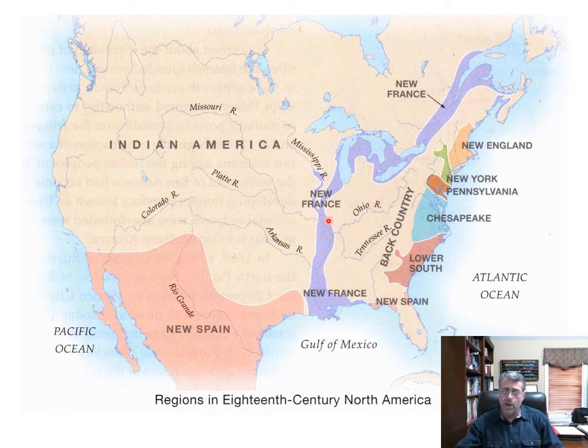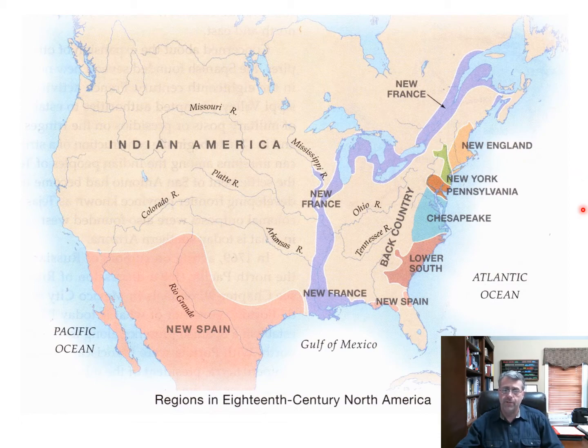France has this well-established trade network along the interior of North America, and these wars for empire are going to be the result of England and France now competing more directly for control of part of this territory, specifically in this northeastern part of North America. This is where our wars for empire are going to take place, in this narrow strip of land between the British colonies and the French colonies.